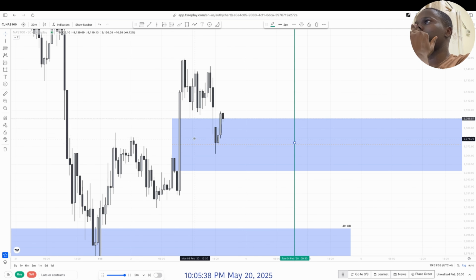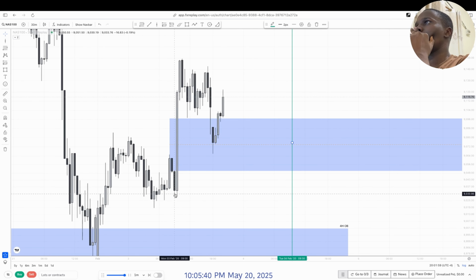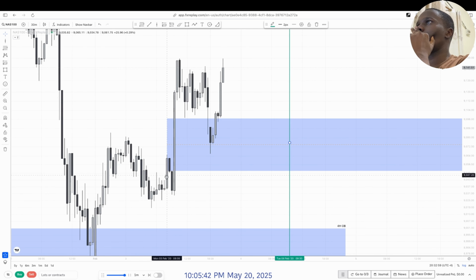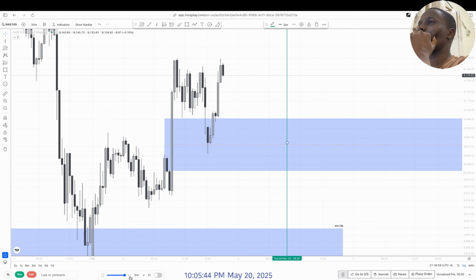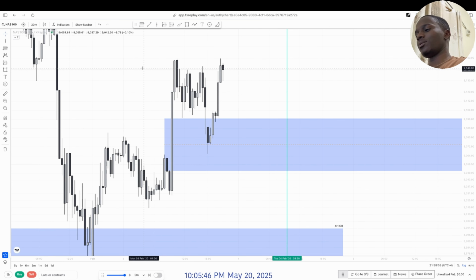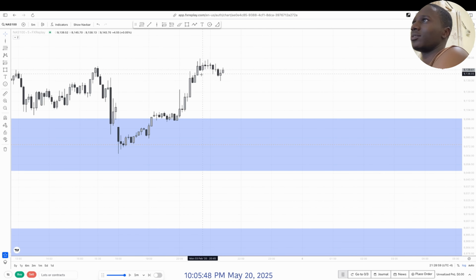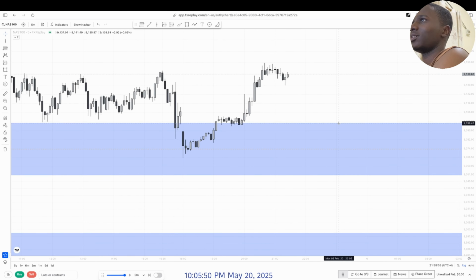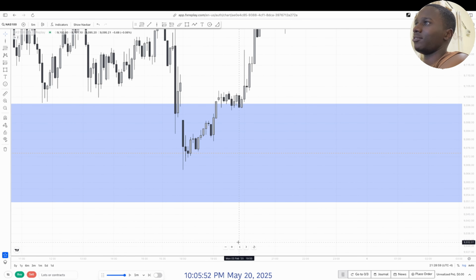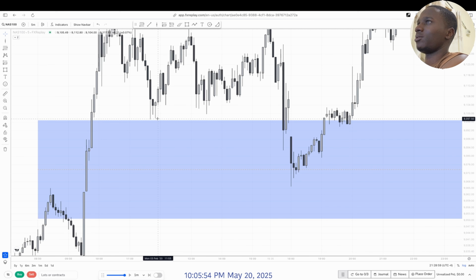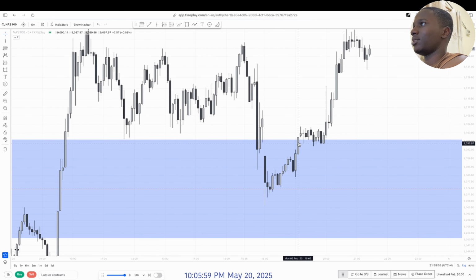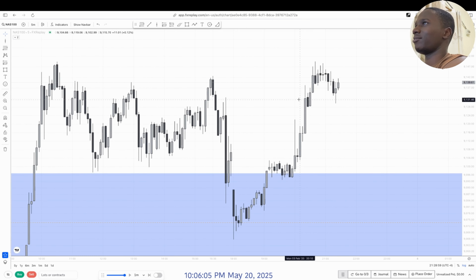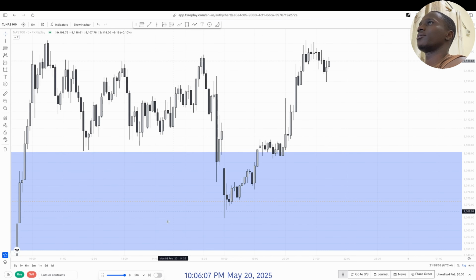Okay. Looks like we are respecting this gap, and we took out the high as we wanted. On the 5 minute, did this session provide an opportunity? I don't see a fair value gap retest, but I can see some lows taken out right here. Oh, fair value gap retested right here. I'm afraid that this time I'm not on the charts, which means I don't think I would have taken any of these entries.